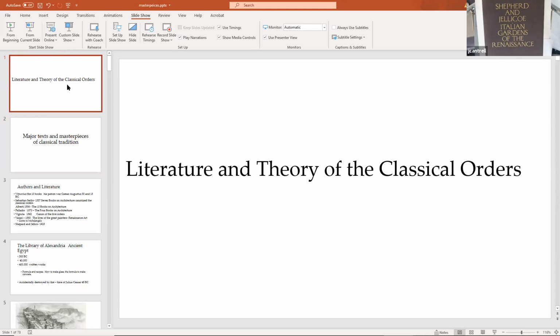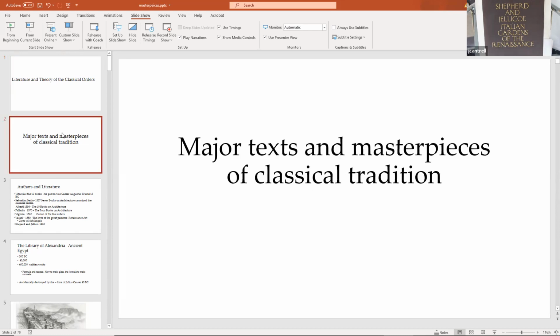This chapter is on the classical language of teaching. This is considered literature and theory of classical orders or classical architecture. Earlier last month, or a few weeks ago, we did several chapters on proportionate geometry. So we're going to be showing writings and text primarily through drawings and diagrams. This one is a little bit different because there is quite a bit of text and background information on